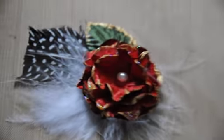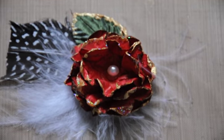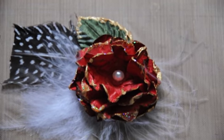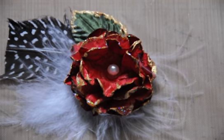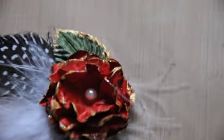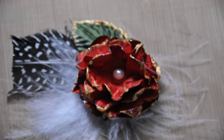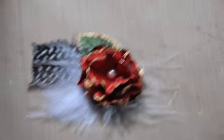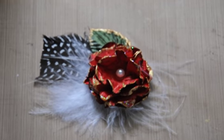And same idea for the small flower. For the small one, I used the scraps that were left over after I folded the flower to make a square. The square, you fold it in half and you make a triangle. There's that piece you cut off. Well, I used that to make the small flower. Same idea, same way of working it. Identical match in the paper by using the stamps and the inks and the gold